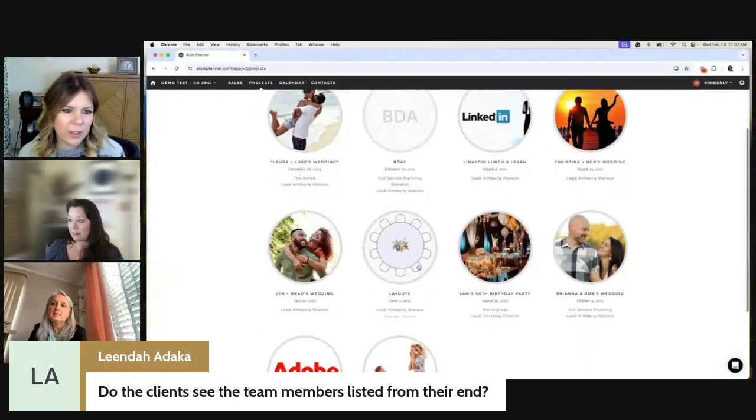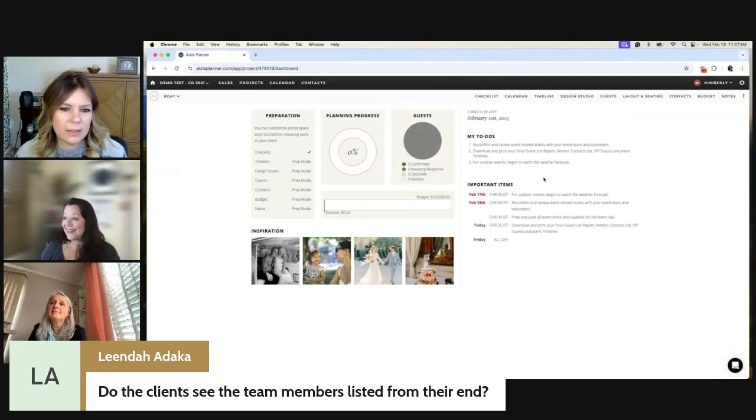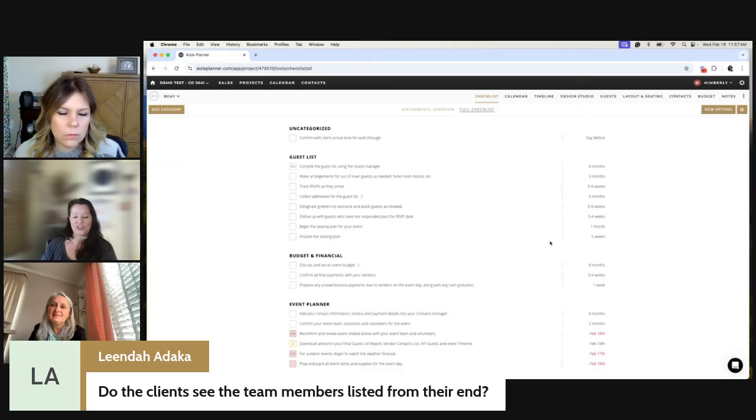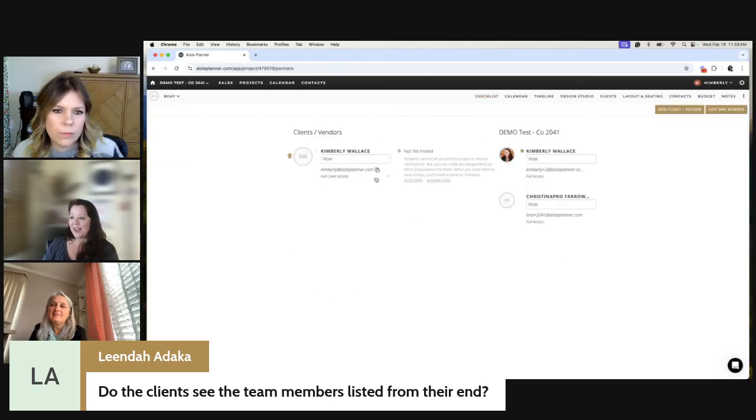So question about, do the clients see the team members listed from their end? They do. If they have full access and they click on checklist, they're going to see assignments overview just the same way that you do. And they're going to see the full checklist. If they are planning partners, go back over here. If they are assignment only,